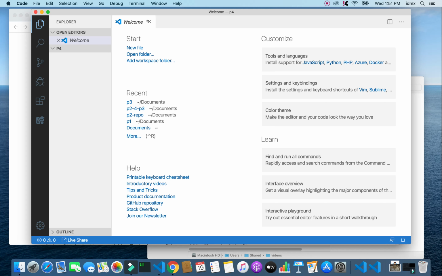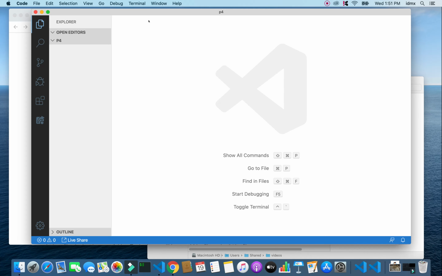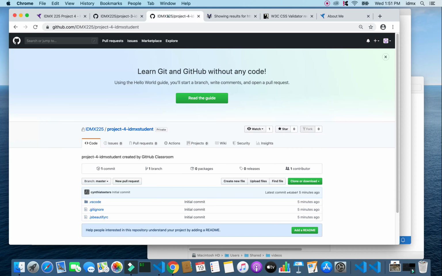Again, the welcome comes up. I can close that. So I'm talking my way through this, and I recommend that you do that as well. You can do it silently if you want, but just, okay, I've got P4, it's empty, it's ready to be cloned. Let me go to my GitHub, make sure it's P4, which it is,